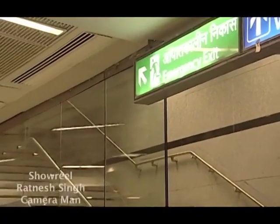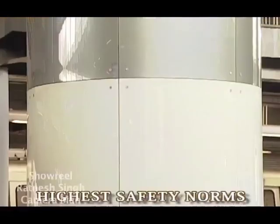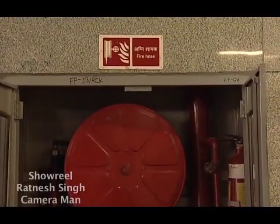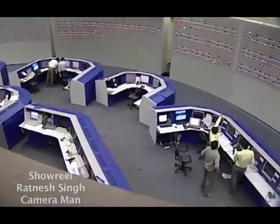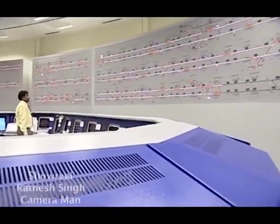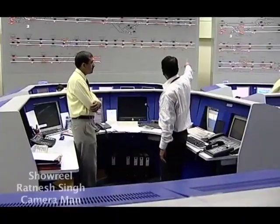All measures are taken to comply with the highest safety norms, and underground metro stations conform to guidelines of the National Fire Prevention Association, USA. The Operational Control Center, located at Shastri Park, is the first of its kind in India that controls the system-wide operations of DMRC with a state-of-the-art centralized computer system and under the watchful eyes of a team of trained metro